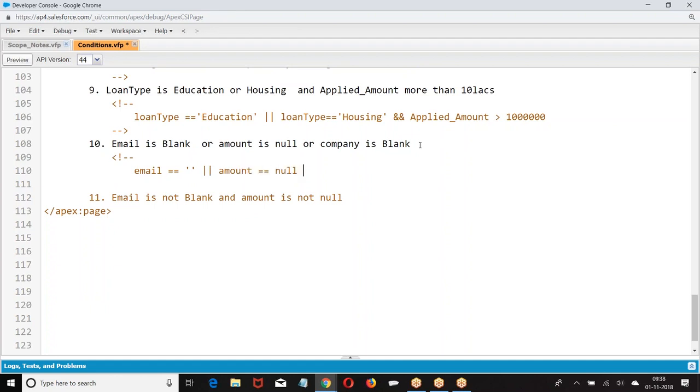If you take a numerical field, it will be null. String field, it will be blank. Or company is blank. Email equal to blank, or amount equal to null, or company equal to blank.